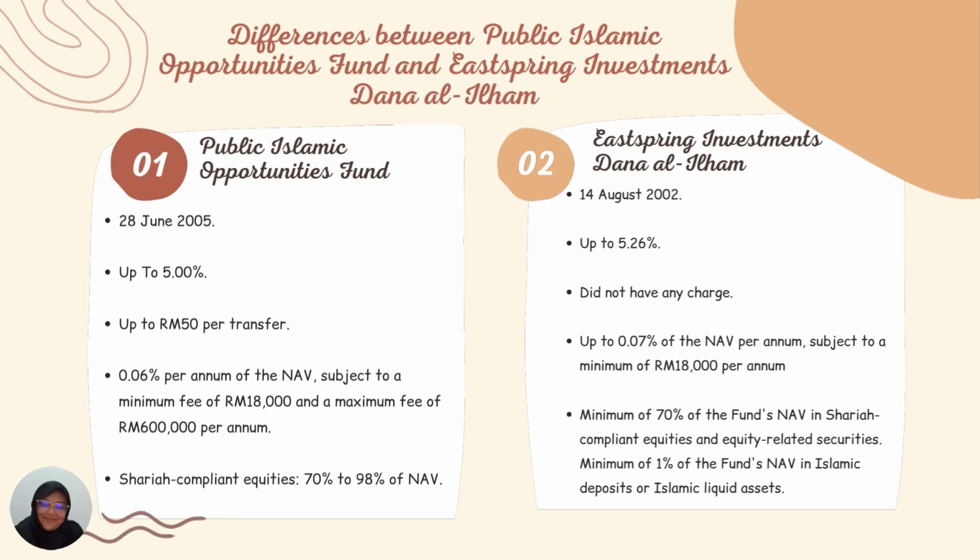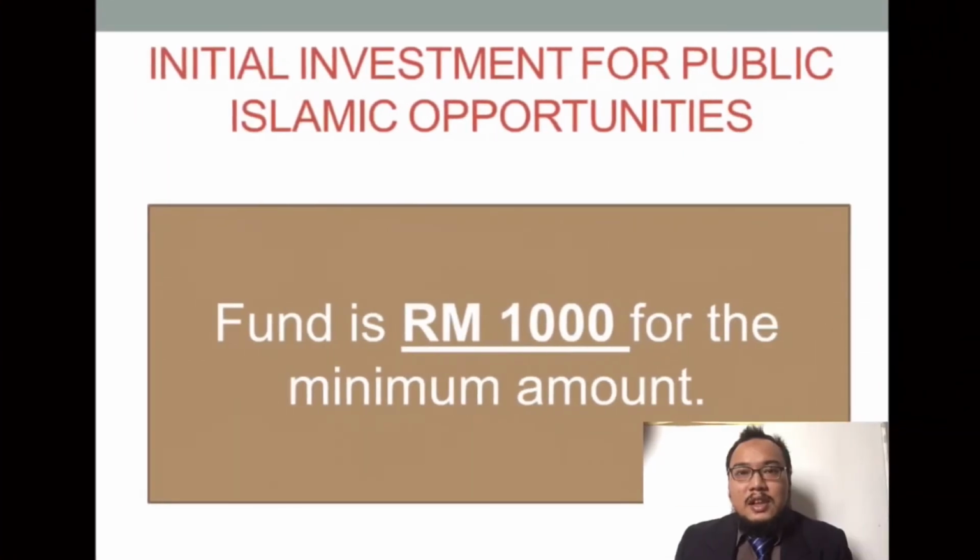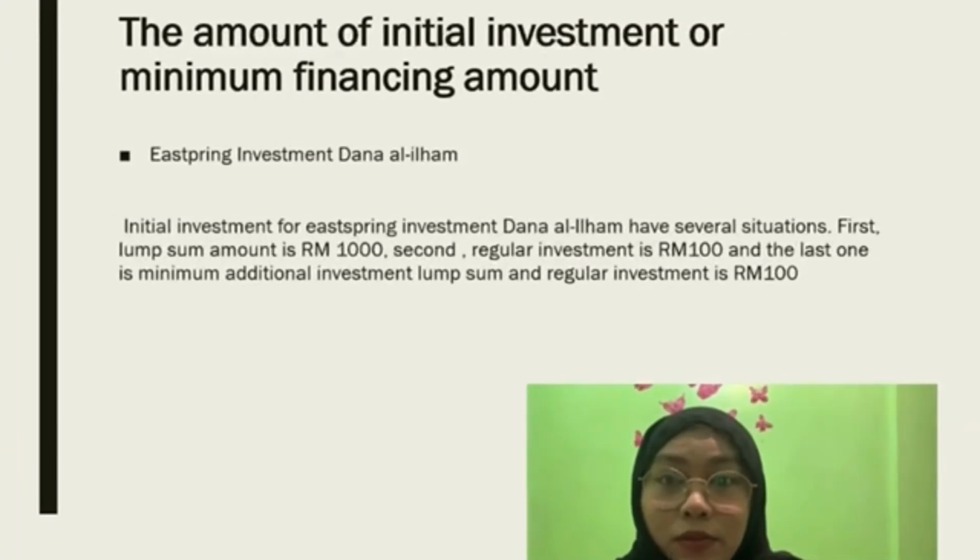Thank you. The initial investment for Public Islamic Opportunities Fund is RM1,000 for the minimum amount. The initial investment for Eastspring Investment Dana Al-Ilham has several situations. First, the lump sum amount is RM1,000. Second, regular investment is RM100, and the last one is the minimum additional investment for lump sum and regular investment, which is